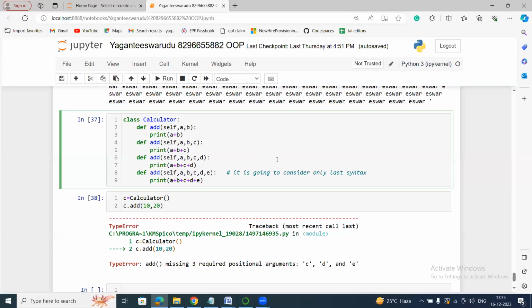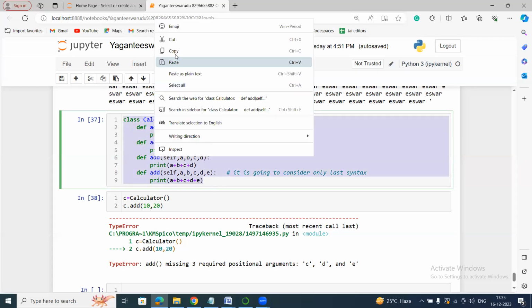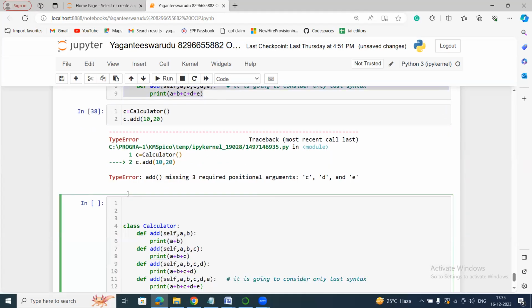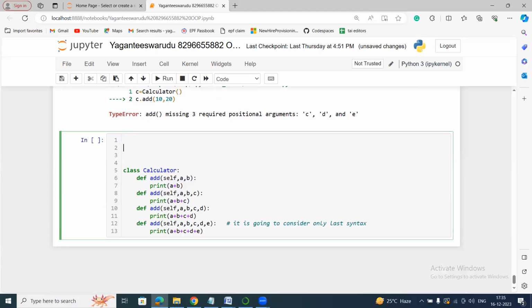Then you may ask the question, how am I going to implement method overloading in Python? If you remember, during our functions classes we discussed default parameters and variable length parameters. So default parameters means if I want to perform